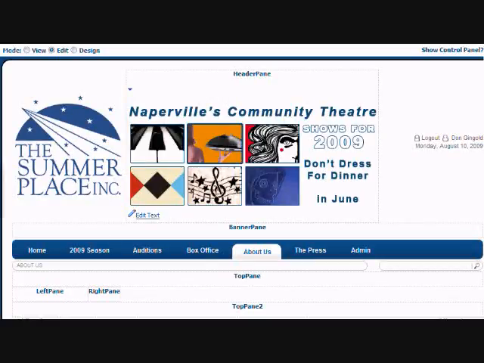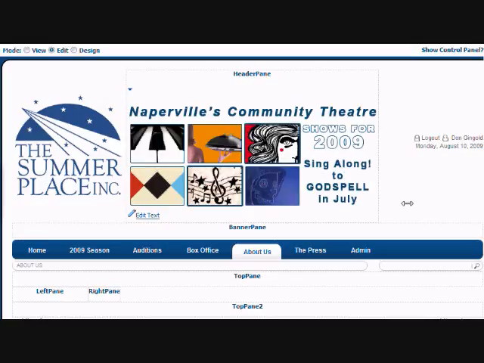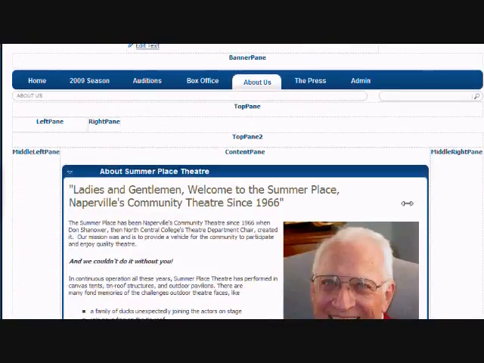Now we're going to add a module to an existing page. Putting a module on the page is very straightforward, and you can put it in a lot of different places, theoretically. Practically, though, to make the page look nice, there's only a few places where it should go. In this case, we're on the About Us page, and we see the module down here that's titled About Summer